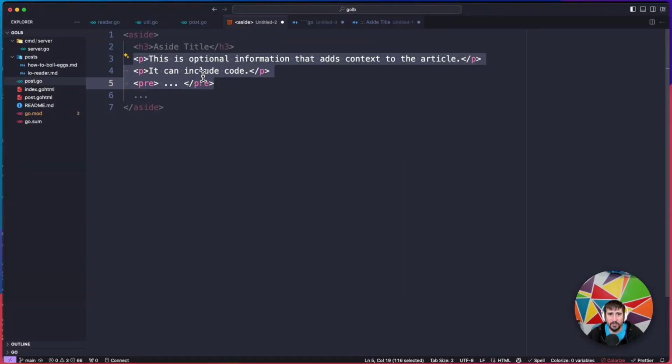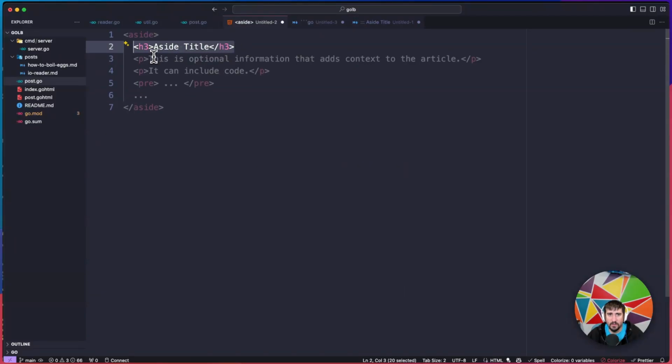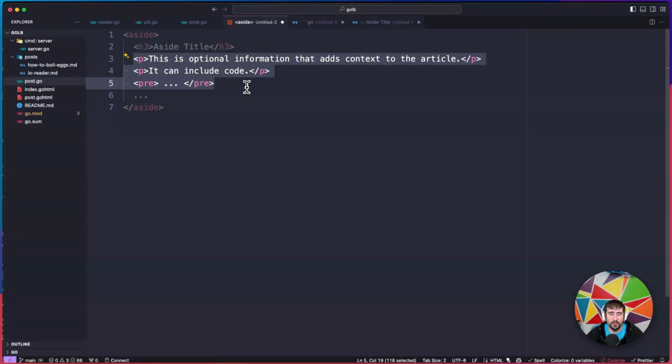And we want it to generate HTML that looks like this, where we have the aside tag, we have an H3 for a title, but everything else inside of this is being rendered exactly as it would be for normal HTML. So before we get into this really far, I guess what's worth saying is that